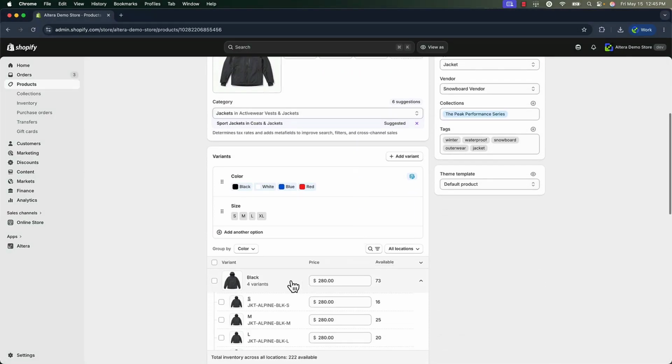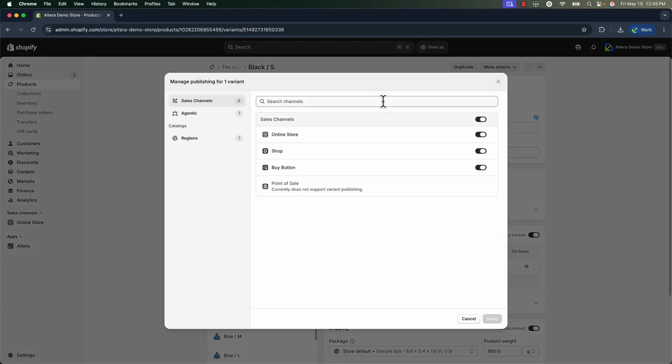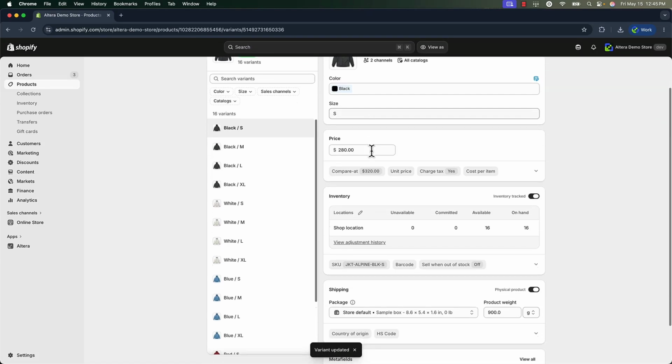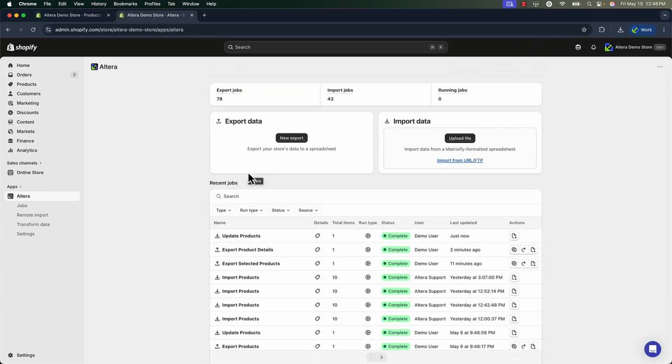Shopify recently added the ability to set the publishing status for individual variants, whereas before you could set a single product to be published or unpublished on certain sales channels. Now you also have the ability to do that on a variant level. Today we'll show you how to use Altera, which is compatible with Matrixify, to import and export this data in